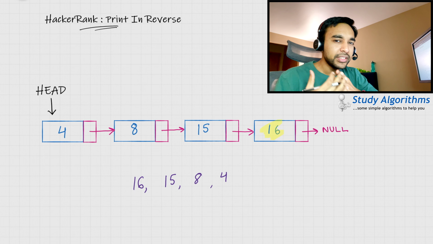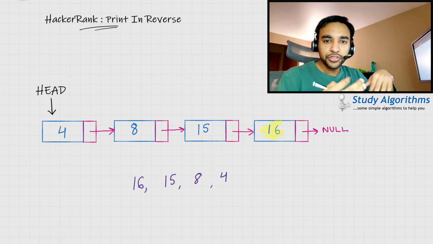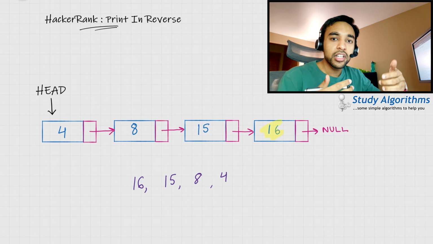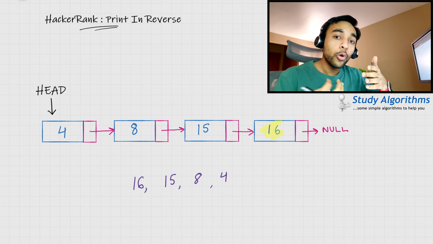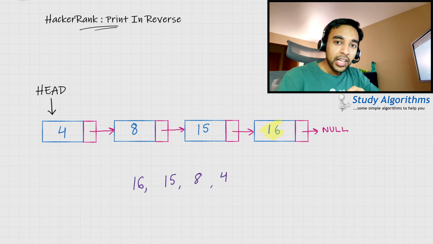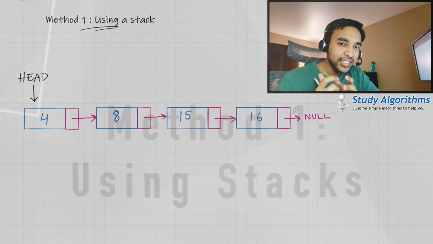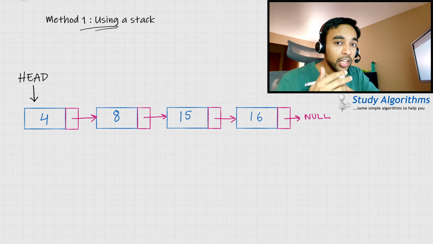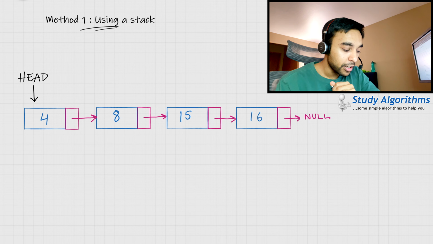At first, it may seem pretty trivial. You can just store all of these elements somewhere and then just print it out in a reverse order. But how can you do this efficiently? Let us look at a solution that uses the stack data structure to achieve this result. A stack is a data structure that works on the last in first out principle. If you want to know more about stacks, just click on the top right corner of your screen.